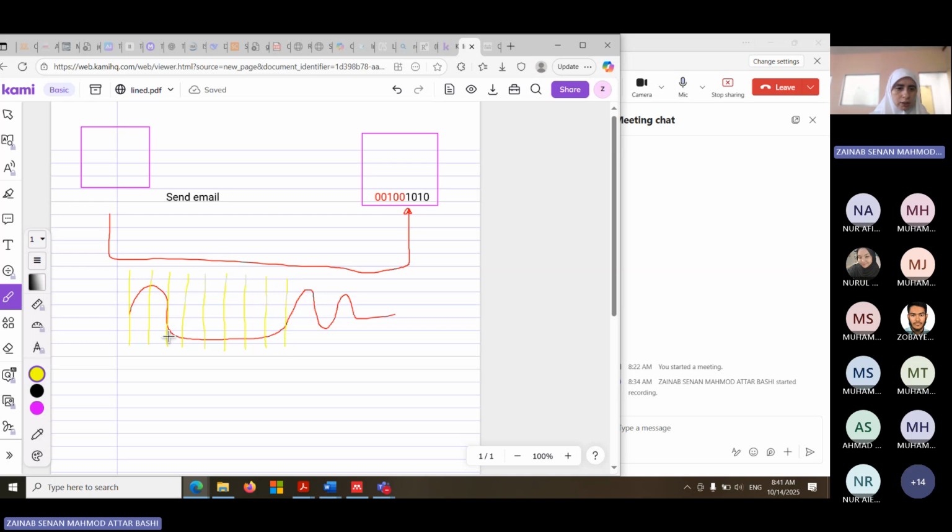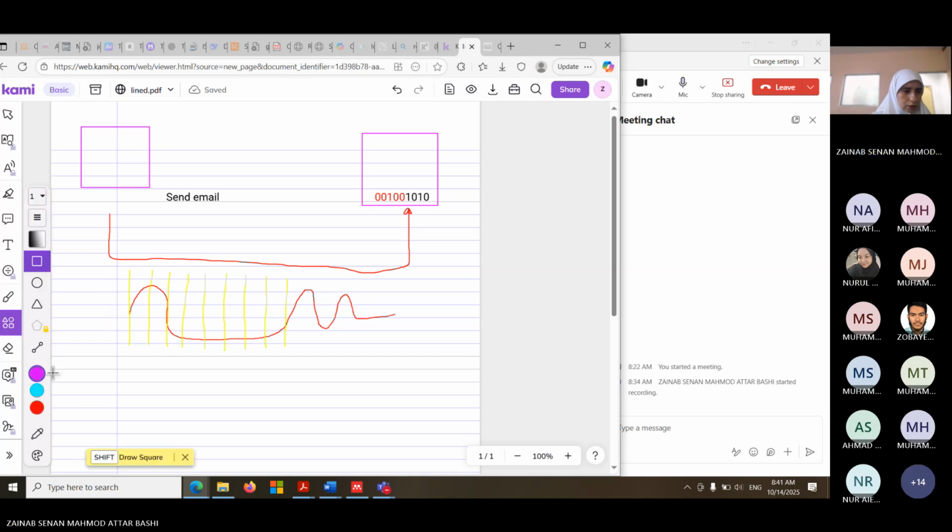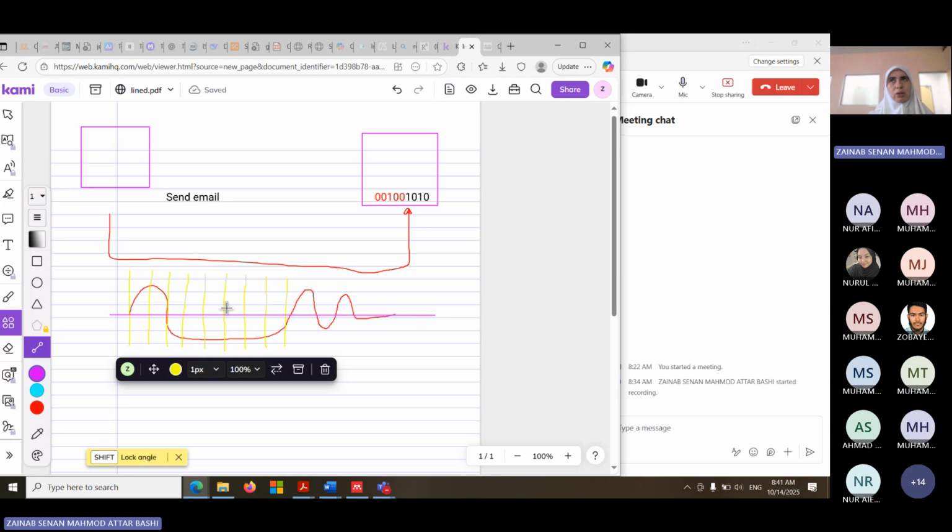So if we send this one, let's say, okay, let's do a line. This line here is the 0 voltage, above that and below that. Now, depending on the algorithm or the technique they are using, this can be read differently. Some of them say if it's above 0, that's a 1. If it's below 0, that's a 0.